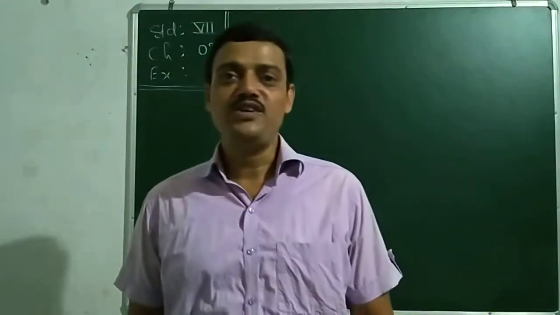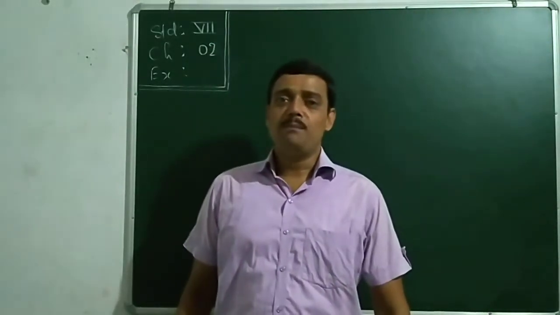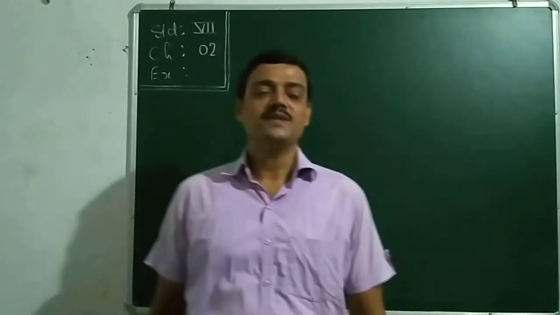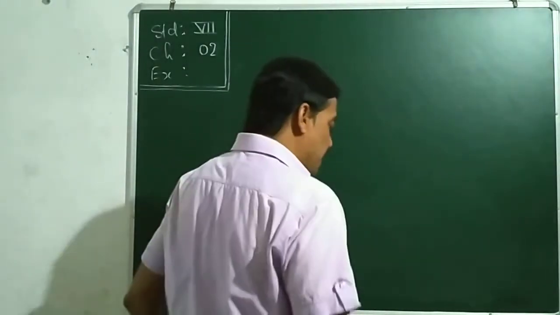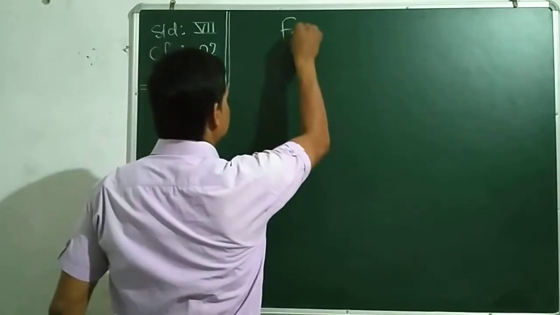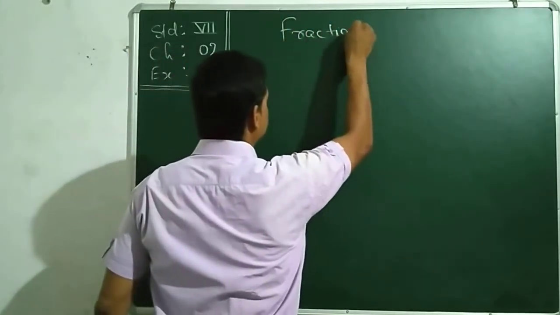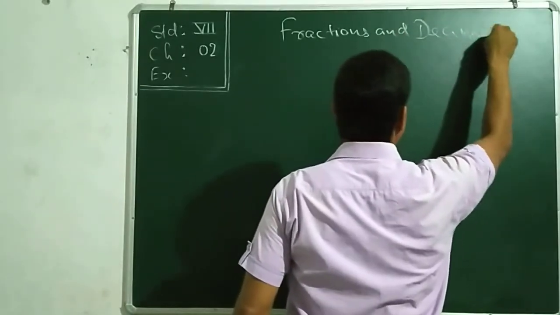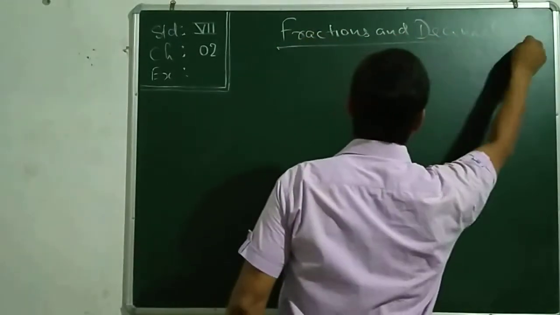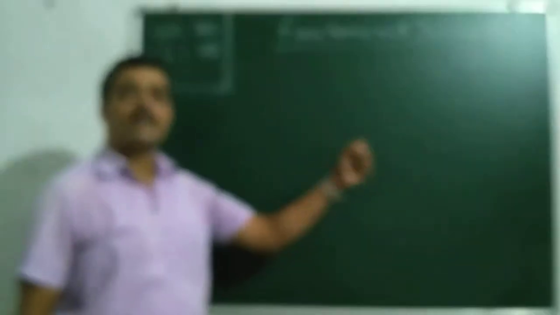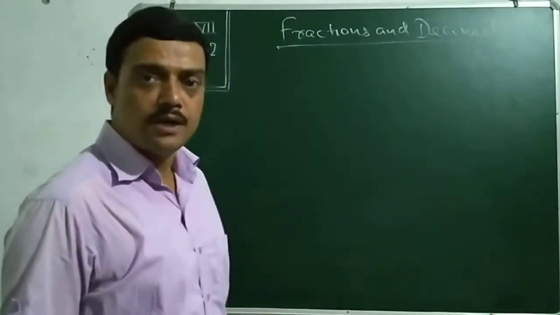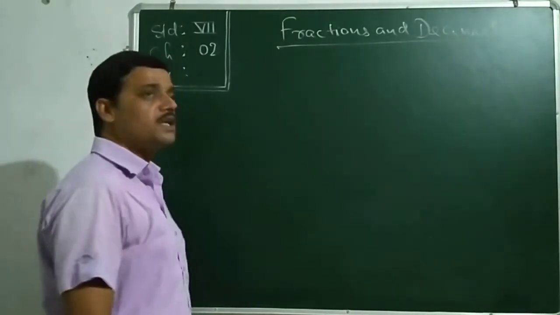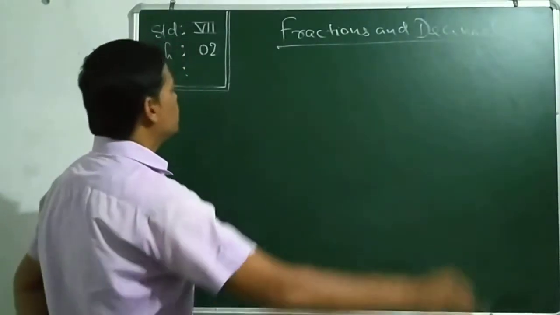Today I will explain to you chapter 2 of maths for standard 7. Come, the chapter is fractions and decimals. If you remind yourself about your previous classes, you had gone through fractions. Several calculations you had also learnt about. Types of fractions you had also gone through. Come through the revision of those things.